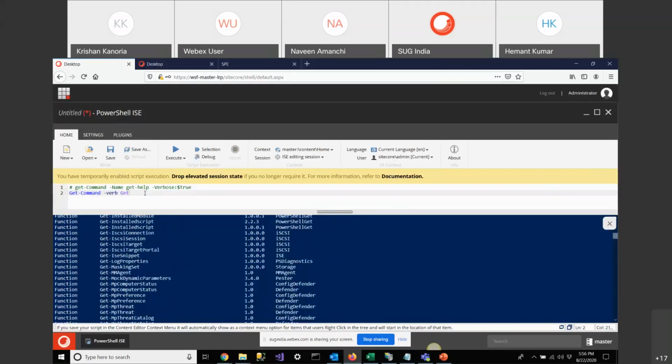This way, you can get all the cmdlets having Get.